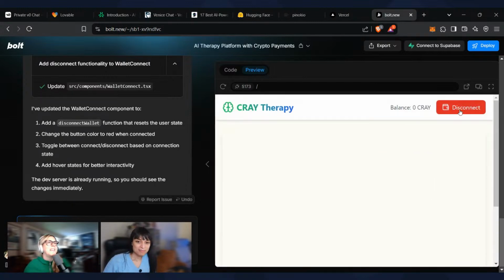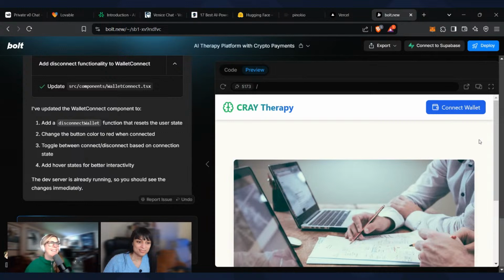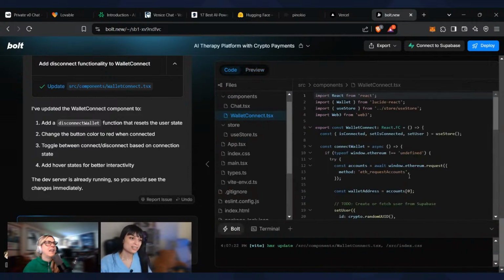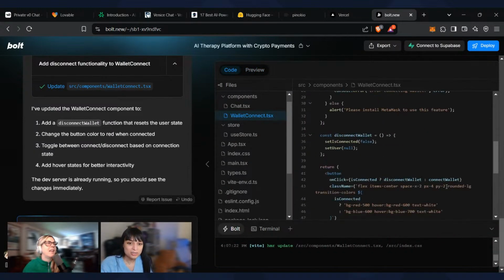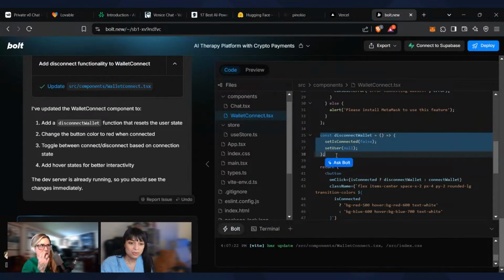I don't know if it's connected or not. I don't know what happened. I probably did that wrong. Should I have said set is connected false?